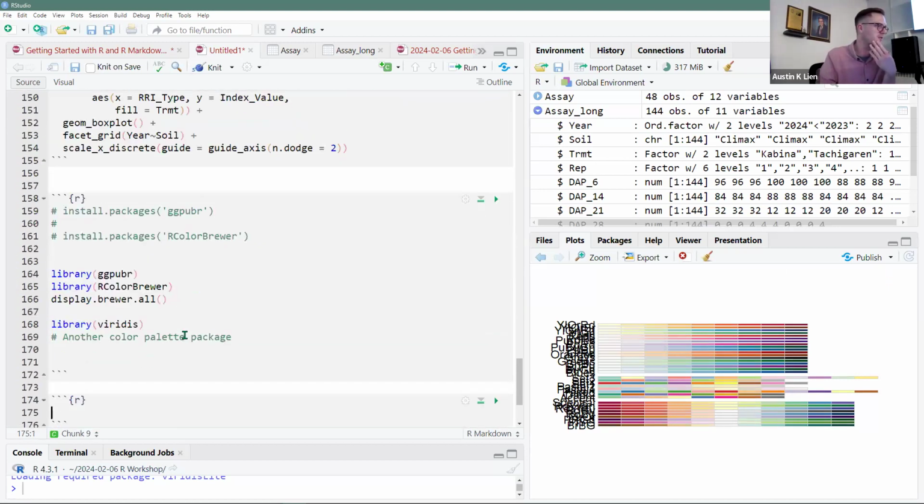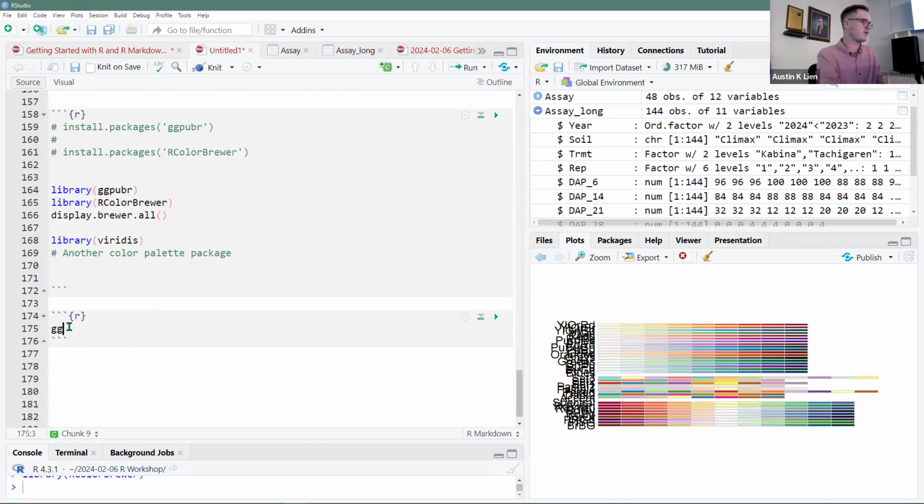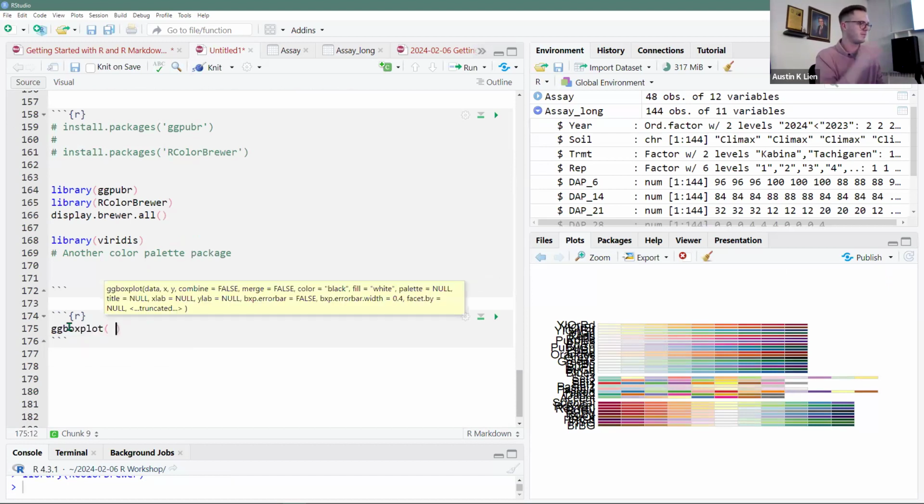So hopefully everybody has ggpubr installed and loaded, and hopefully our color brewer. We're just going to show how much easier this is. So I'm just going to say ggboxplot. I also mentioned the numbers and letters in column names. This actually will allow you to use numbers in your column names, because we have to write everything in